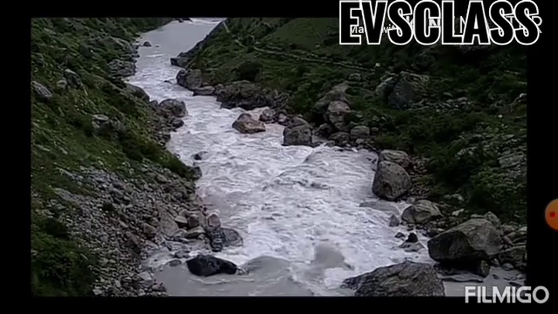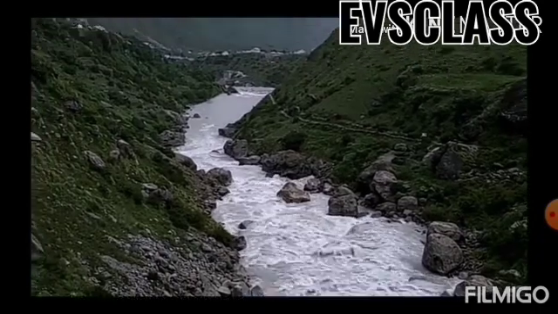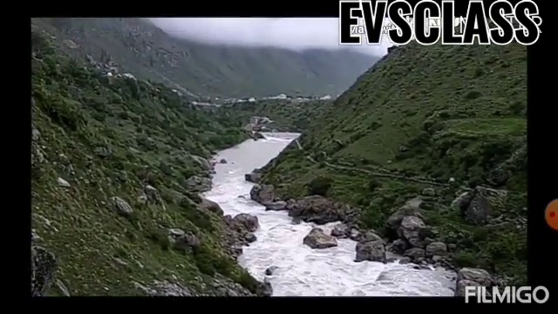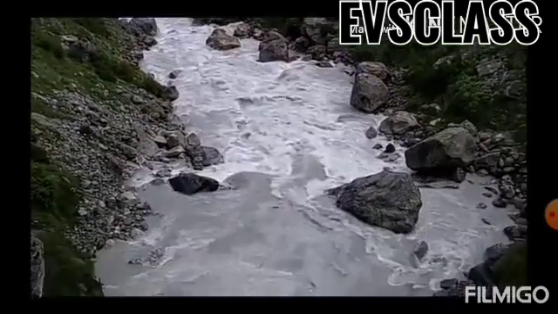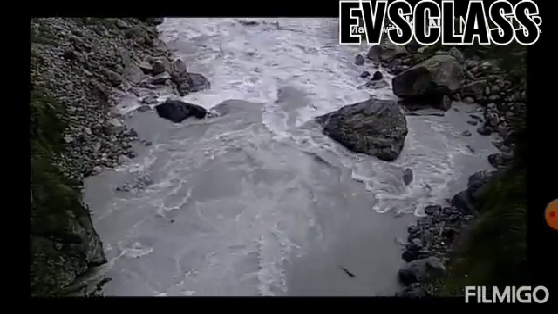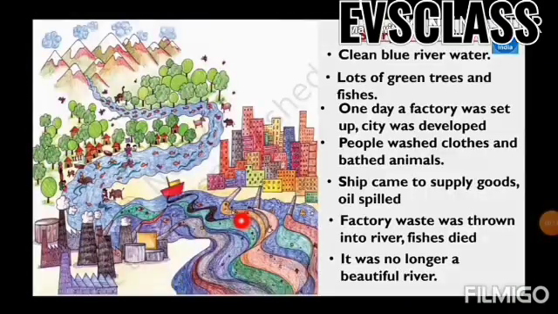And see students, first of all I need to tell you, look at the picture very carefully, what is a river. A river is a natural flow of water, my dear students, that crosses an area of land and goes into an ocean, sea, or a lake. Understood, students? So see the river flowing through the mountains in the picture on page number 106, my dear students. Look at the picture carefully.